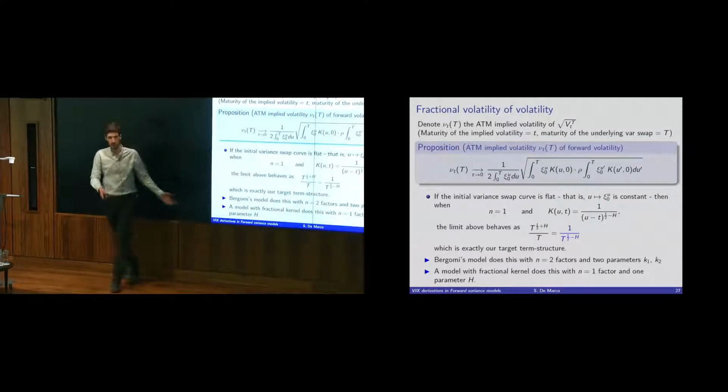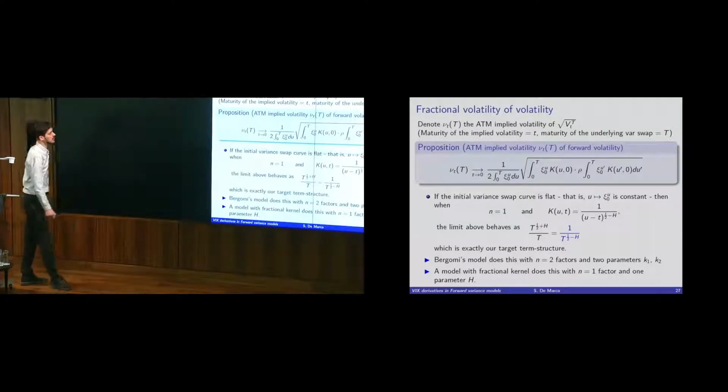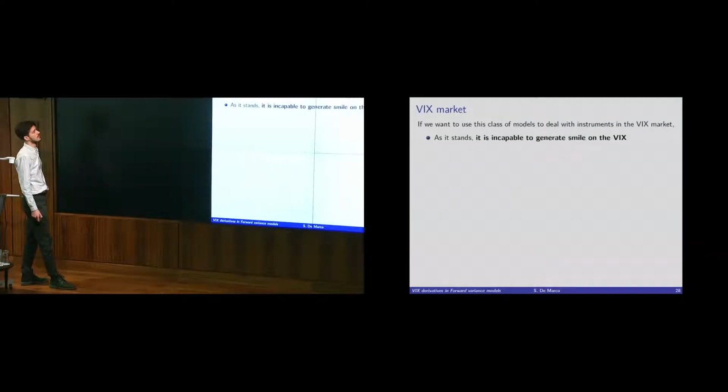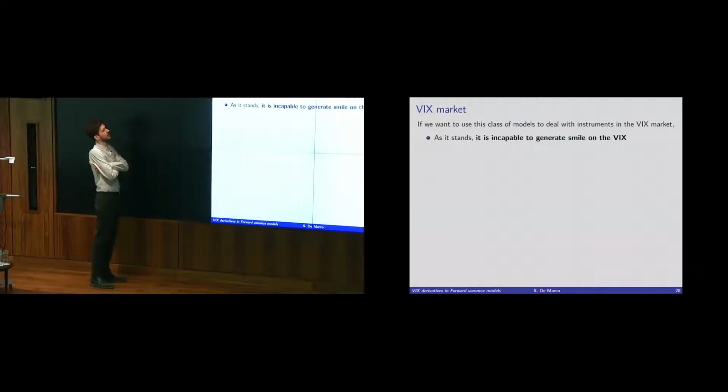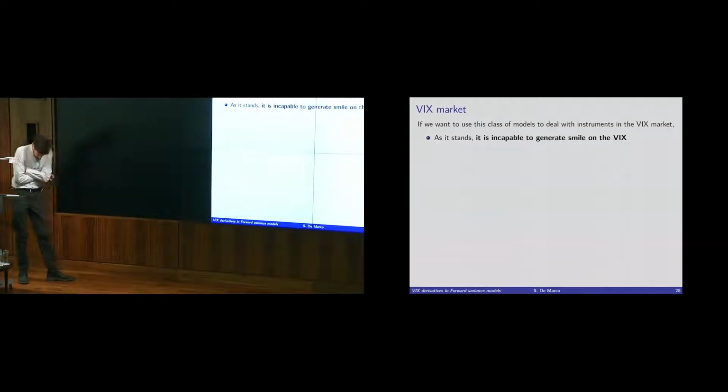So you have fewer parameters for the same thing. Okay, so the takeaway message for the end is that if you now want to switch from variance swaps to the VIX market, the class of models that I introduced